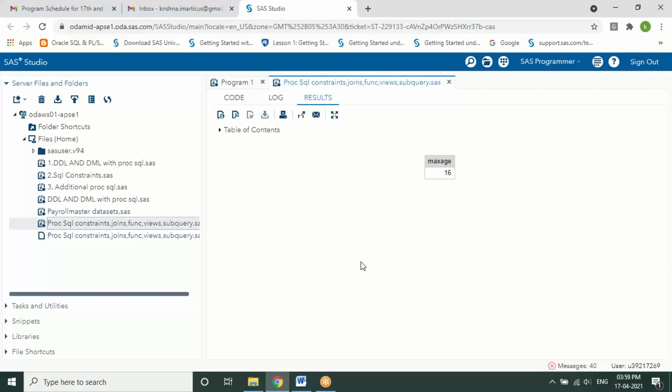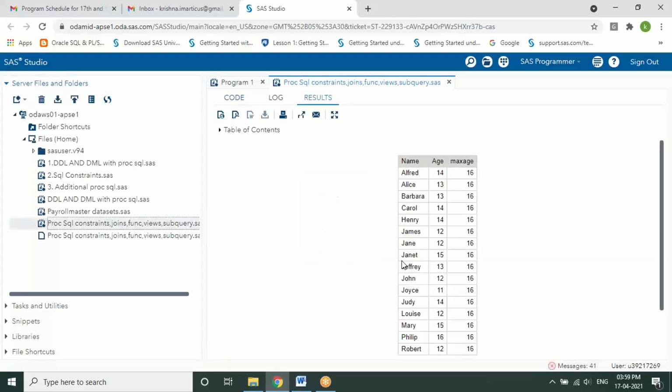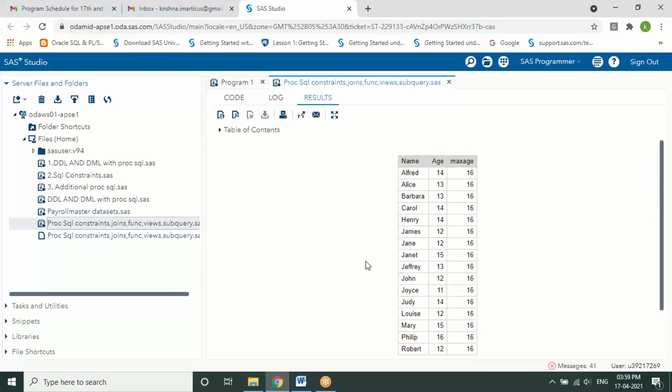Someone would generally give answers like if I write select name, comma, age, comma, and so on. If I just write it like this, what would be the result? You can see here, I got the name and age columns, but along with one more column called max age, which displays 16.